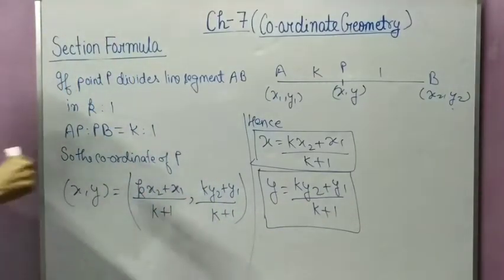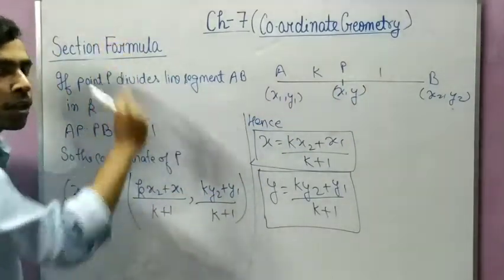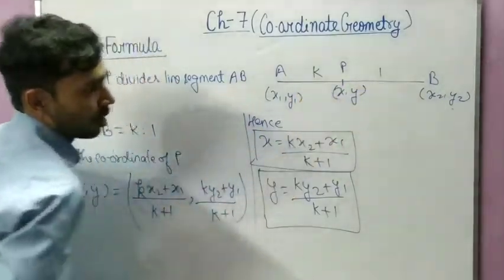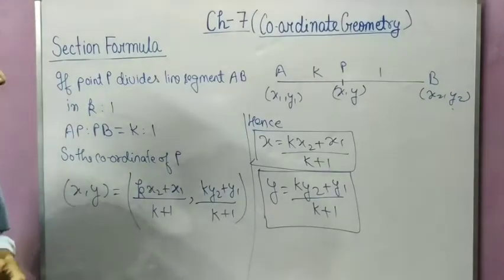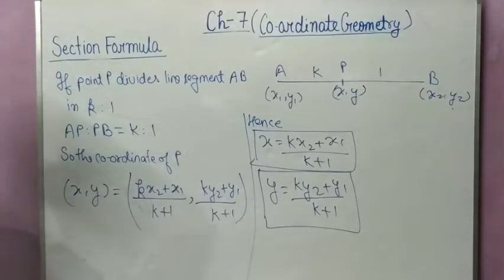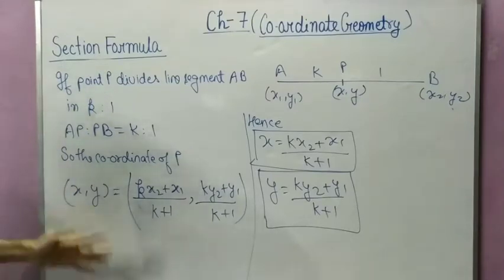Okay, earlier, this point divides this whole line segment in the ratio of m ratio n. So that formula comes. In this case, this point divides AB in k ratio 1. Everything is same, student. Okay. If you will find the value of k, you can easily get the ratio. Okay. So that thing will clear more when you will solve the question. So I think it is clear. There are two formula. First in case of m and n, and second in case of k ratio 1. So note down it also.